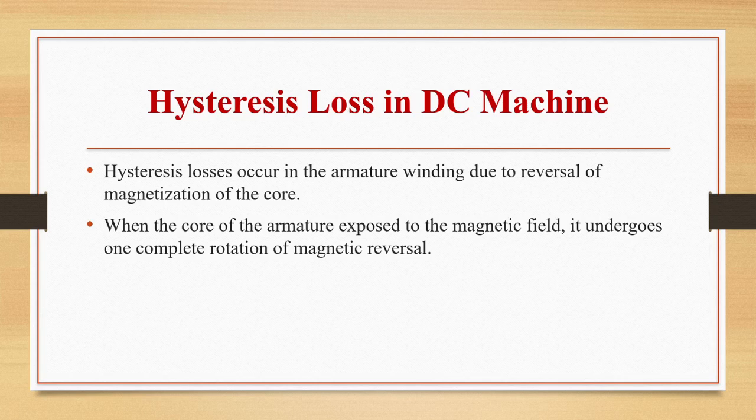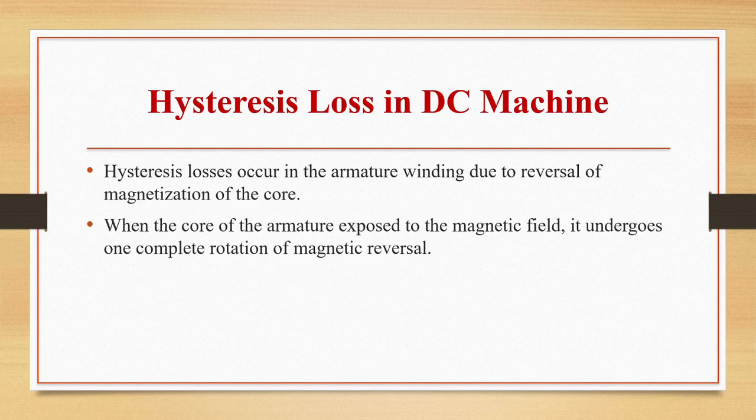So what exactly is this BH curve you have seen in the first unit? There I explained what hysteresis loss is. What is the meaning of hysteresis loss, students? The property of a magnetic material is that it will not allow the flux to move from one direction to another direction.